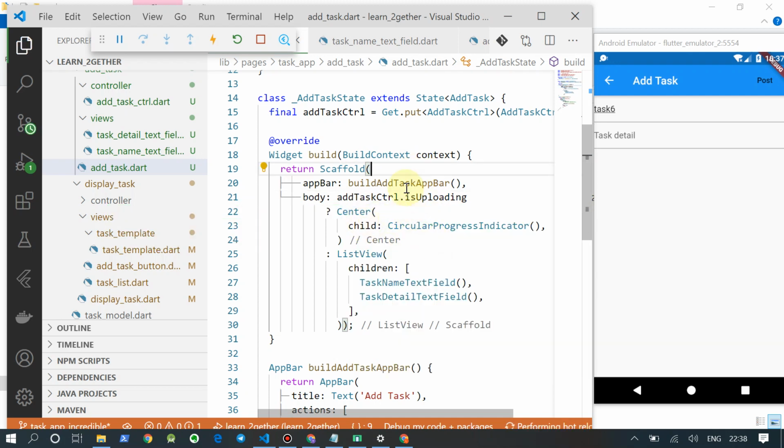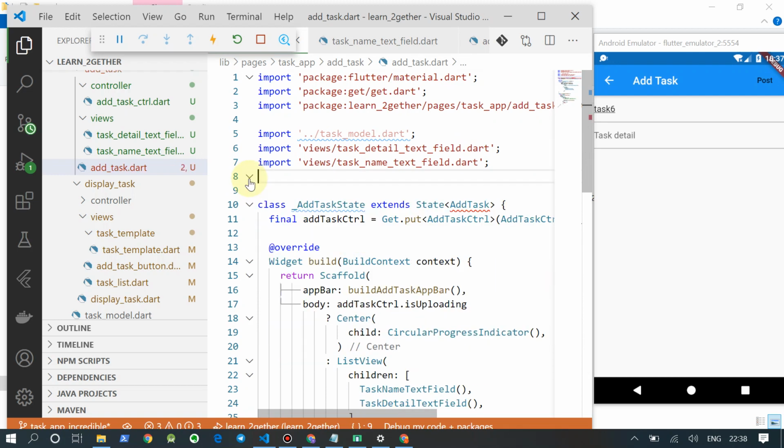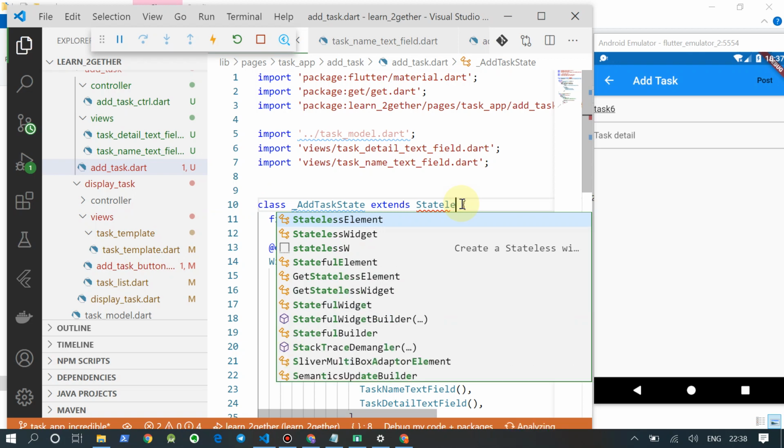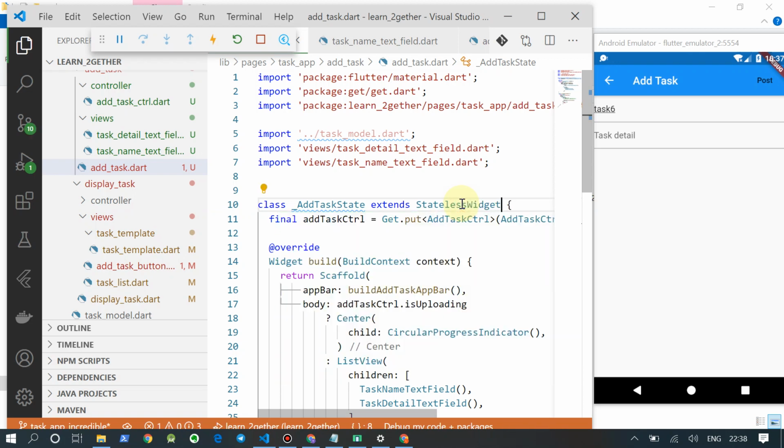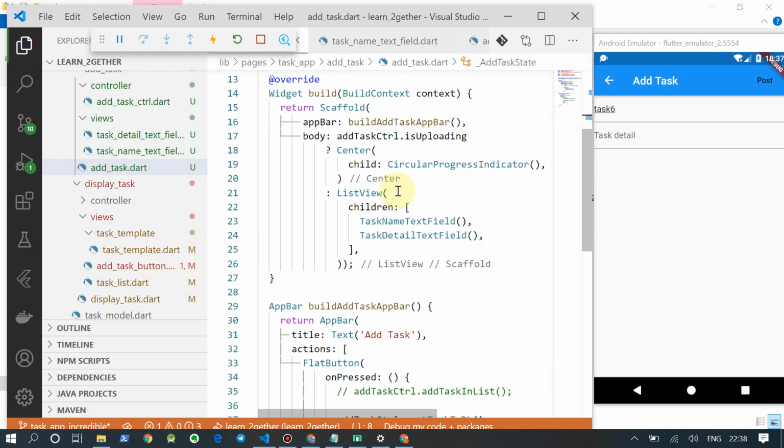But again, first of all we need to change it back to stateless, because we are using controller and getx, so any UI changes we can have that only.